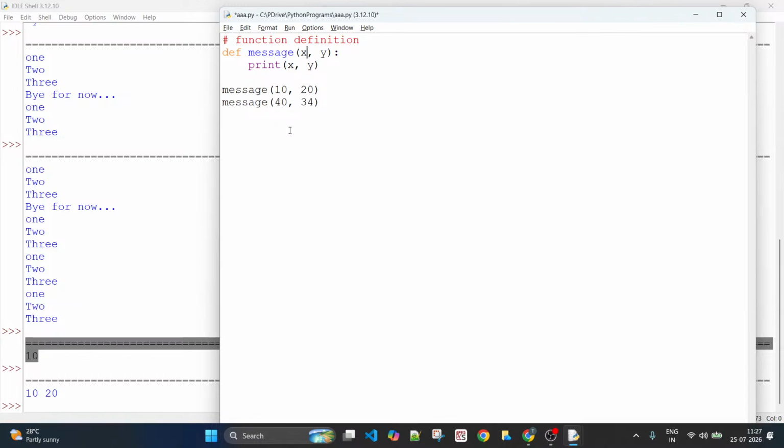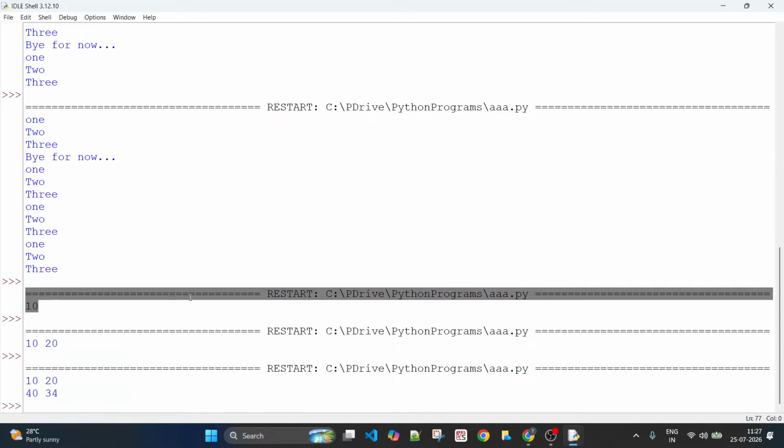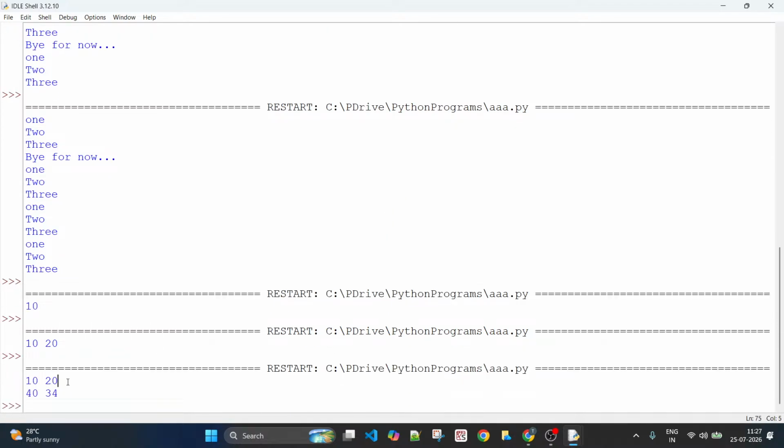With this, x becomes 40 and y becomes 34, and it will be printing 40 and 34 this time. So the first time when you made a call to this, x becomes 10 and y becomes 20, so the output would be 10 20, and here the output would be 40 and 34. Let us go and run this program. You see 10 and 20 and 40 and 34.